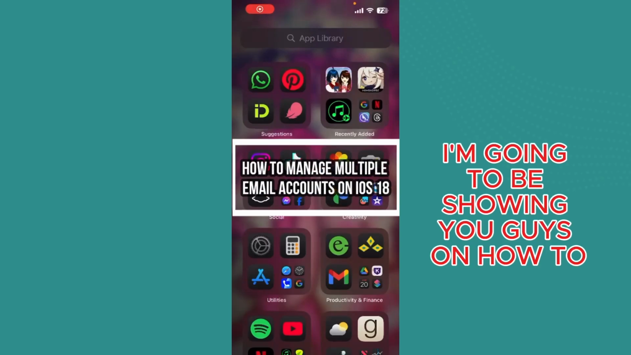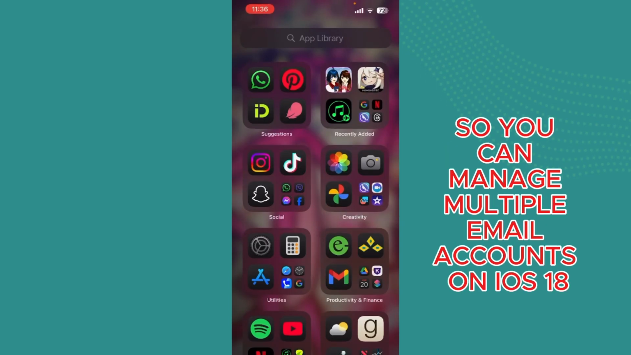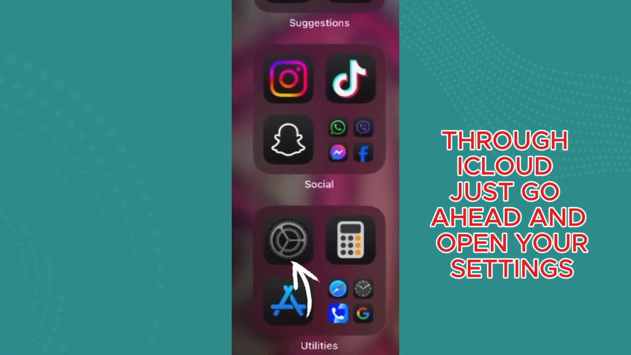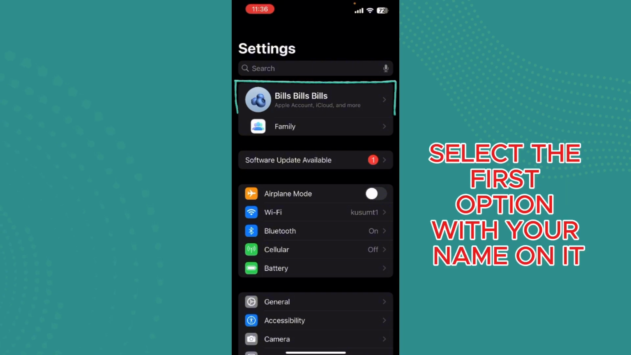I'm going to be showing you guys how to manage multiple email accounts on iOS 18. So you can manage multiple email accounts on iOS 18 through iCloud. Just go ahead and open your settings, and once you're here, select the first option with your name on it